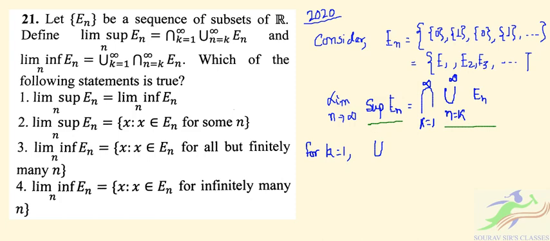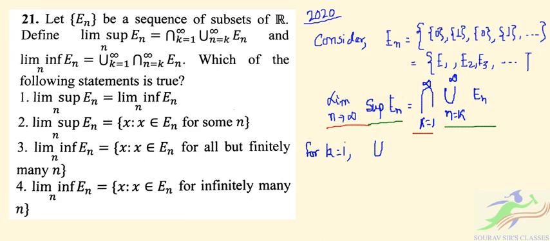Whenever we put this limit n tends to infinity, this intersection comes into play, that is from k equal to 1 to infinity. So for k equal to 1 in this supremum, it will be